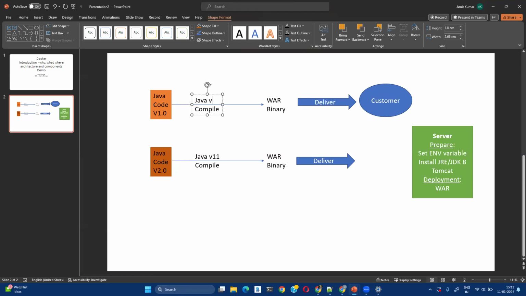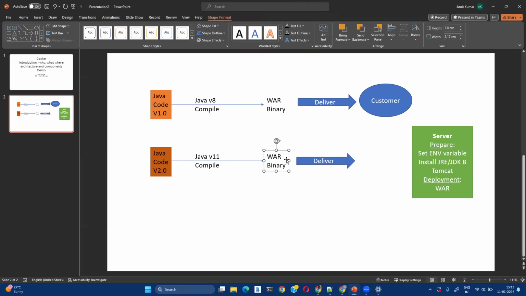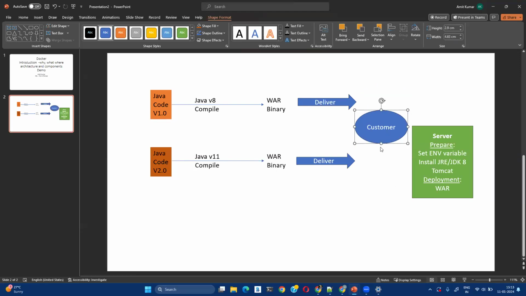Here it required Java version 8, and now your source code works with Java version 11. And you got a binary, the war file, and the war file is delivered to the customer, right? Now the customer has to deploy this one. So they want to upgrade their server. They don't want to run the 1.0 application. They want to install 2.0. Now there is a dependency with 2.0. They cannot simply use this server because they have JDK 8 here. So they want to move away from JDK 8 and choose Java 11,